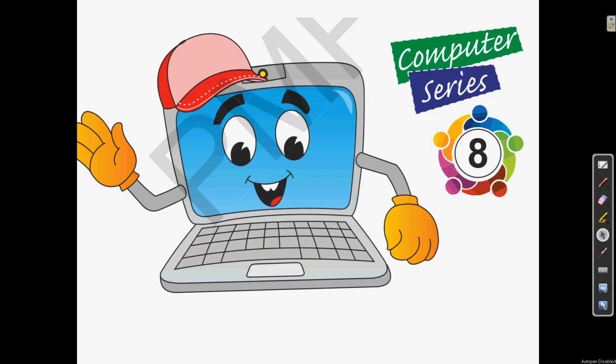And as we were discussing the different features of the MS Access chapter 2, in that we have already seen a few of the datasheet view and design view. So before moving to the next topic, let us have a recap of the previous topics which we have gone through.